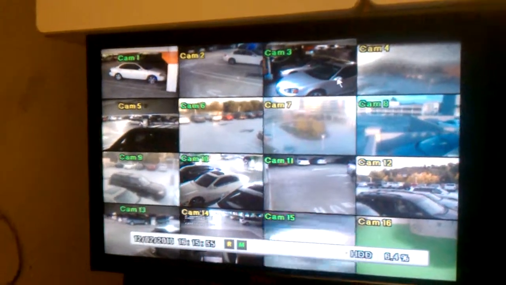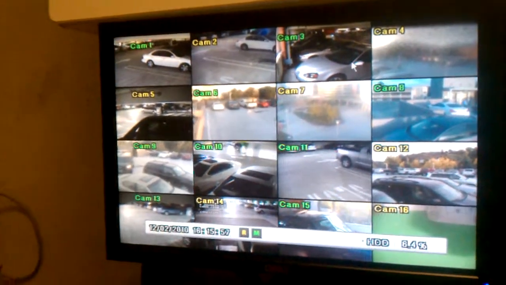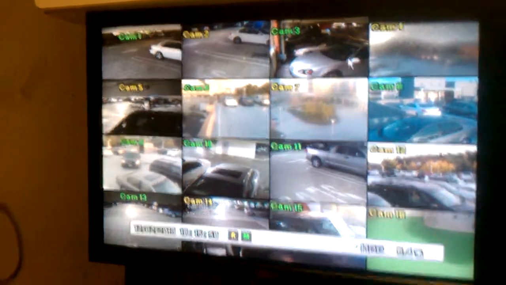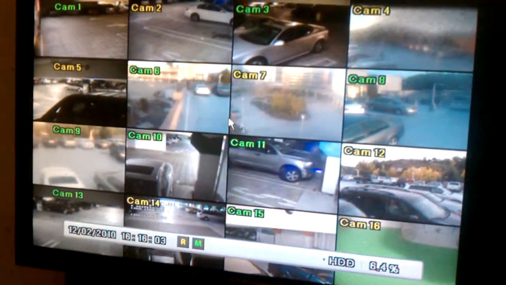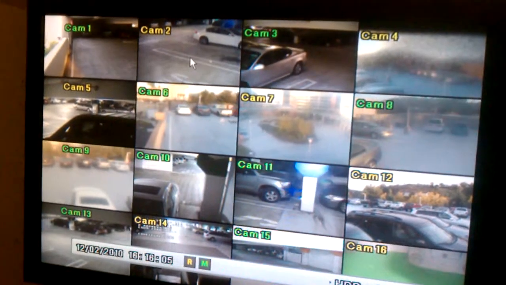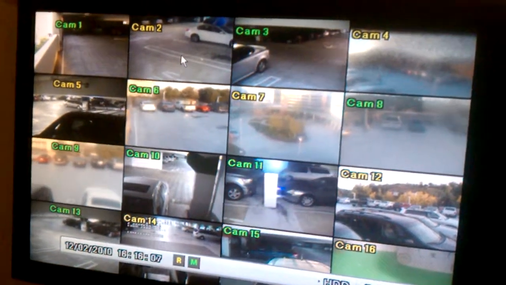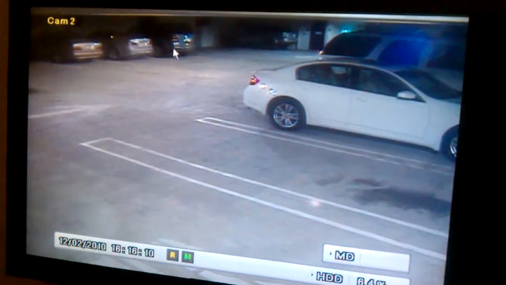So this is a recording about the functionality of the new digital video recorder here. There's a mouse, and you can see the mouse point here. This is a live screen. If you wanted to make it full screen, click on it and it'll be full screen